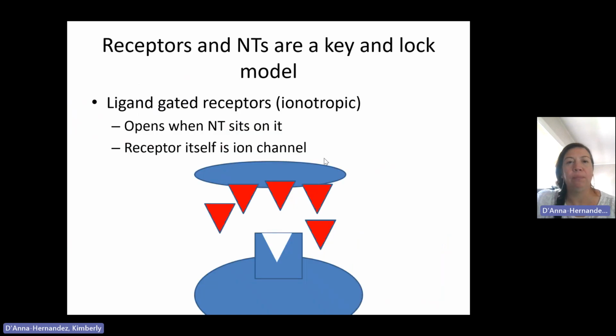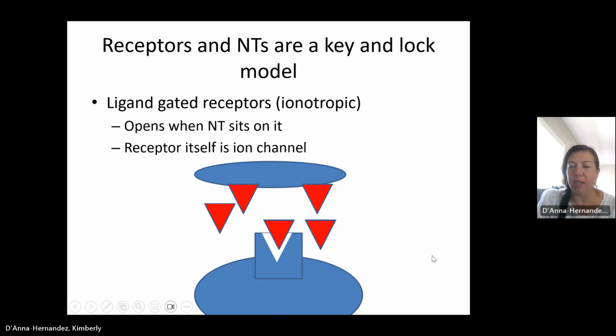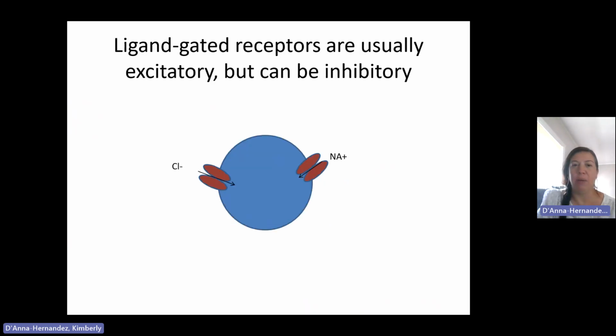It's pretty quick. And it's a lock and key model, remember. So a specific neurotransmitter goes to a specific receptor, and then it will open the ion channel. The receptor itself is on the ion channel. And in neuroscience, there are multiple names for these systems. This is called ligand gated as well. So a neurotransmitter would come and sit here, and let's say it's opening our sodium channel